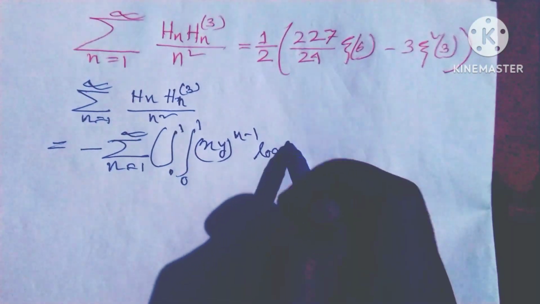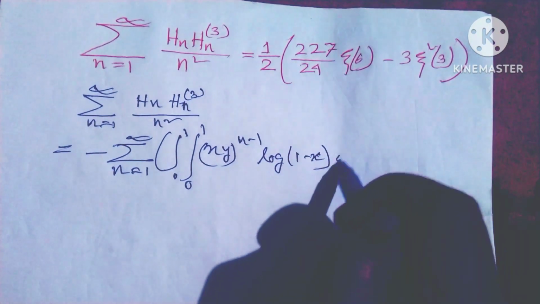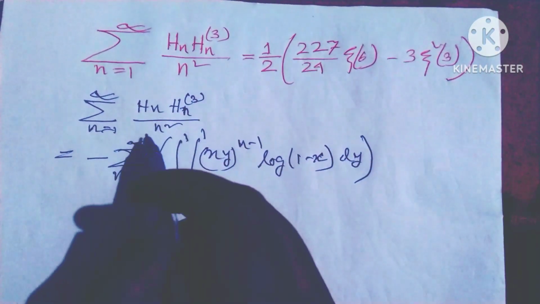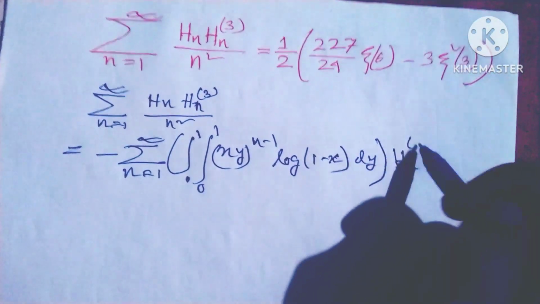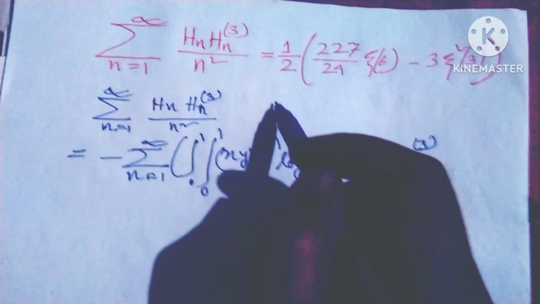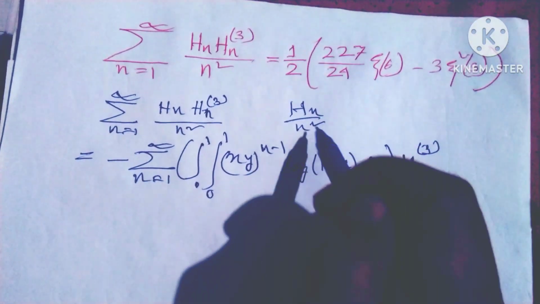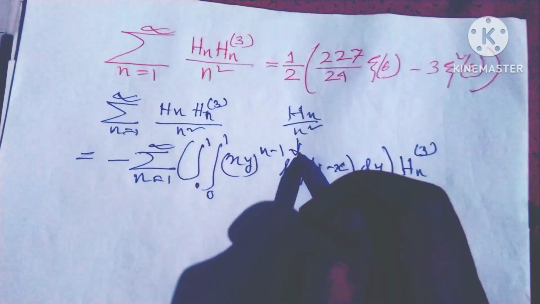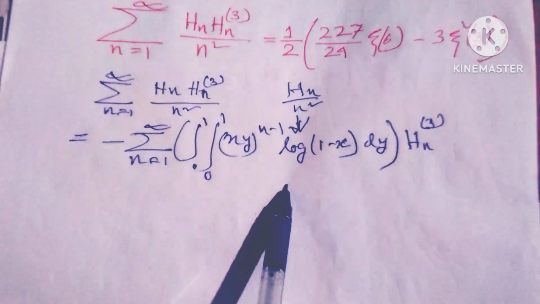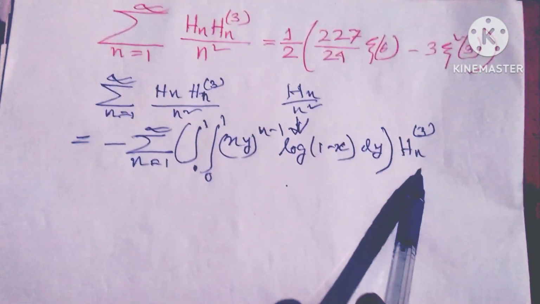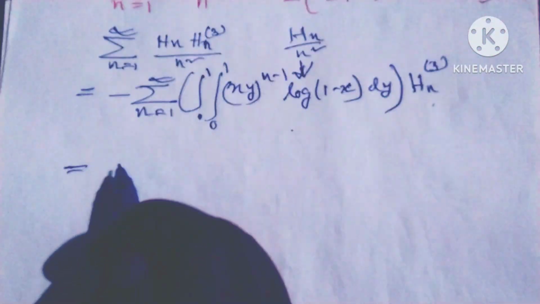log(1 minus x) dy, and multiplied by H_n cubed, because H_n divided by n squared can be written this way. H_n divided by n squared can be written this way, and H_n divided by H_n cubed I can write, and after that I can write this way: